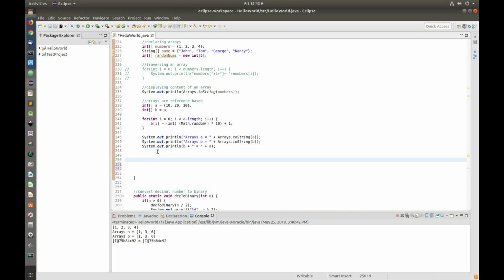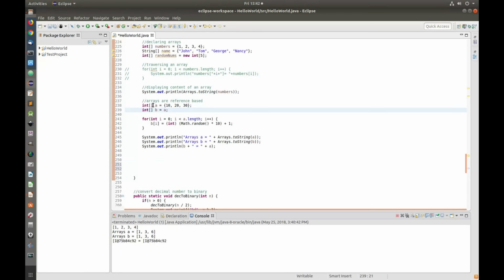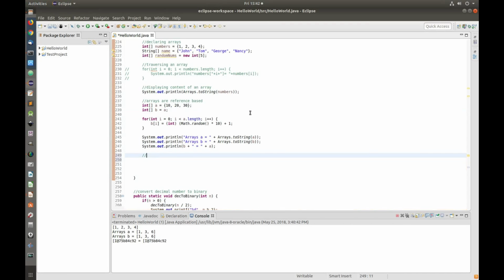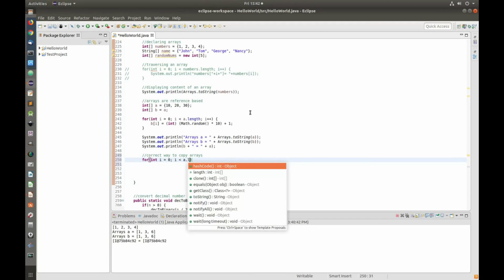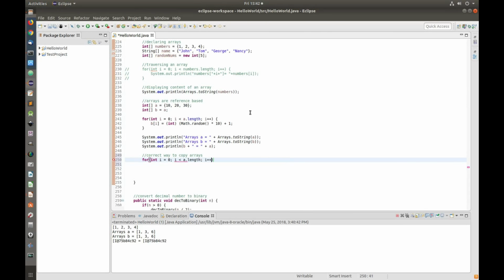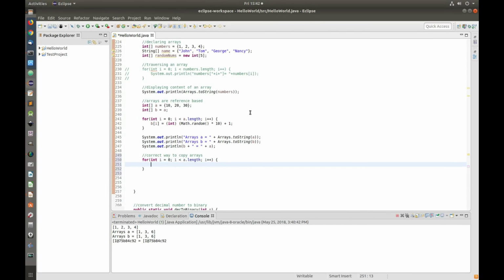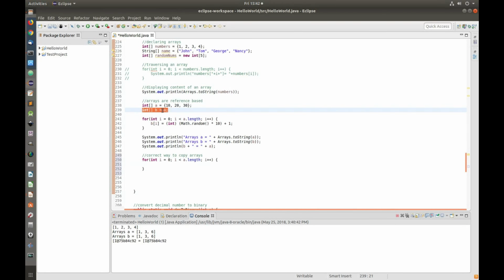So what is the correct way to copy an array? For example, what we tried to do here is initialize A and copy B equals to A. So the correct way to copy arrays, let's say for int i equals 0, i less than A.length, i plus plus, and what I'm going to do here, instead of declaring an array B equals to A, what I want to actually do